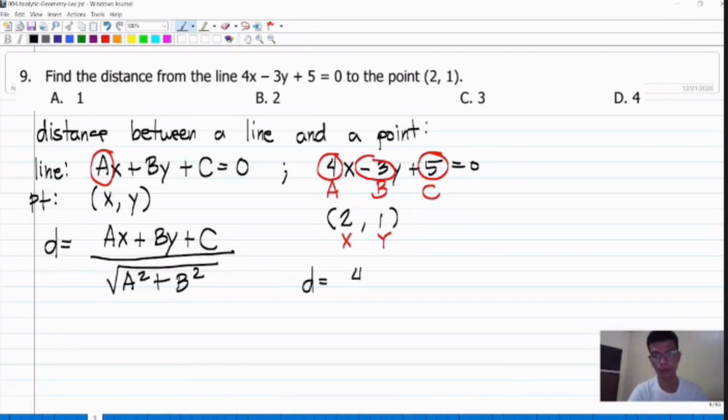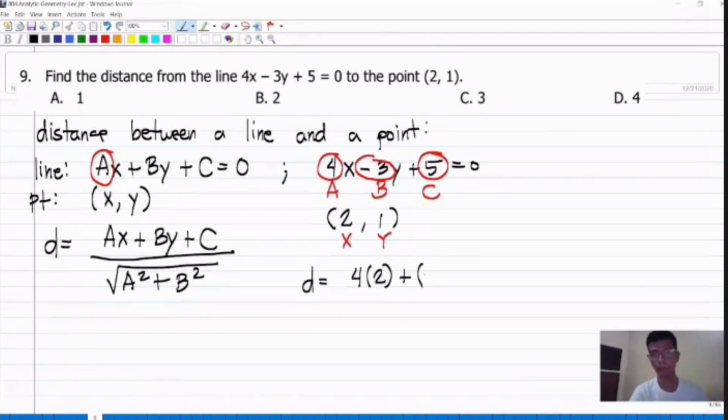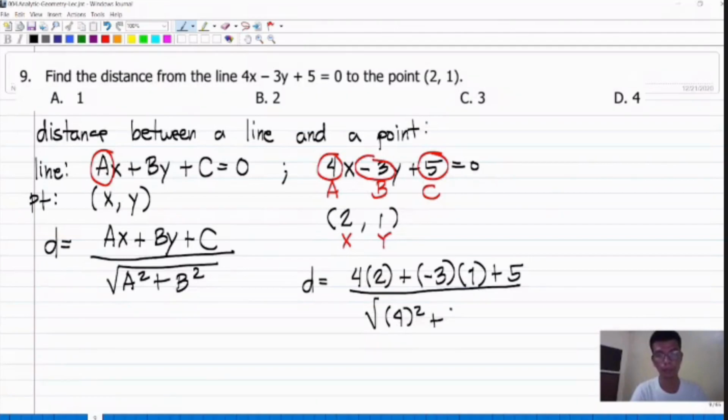Yung value ng A is 4, the value of x is 2. Plus, the value of B is negative 3 and the value of y is 1. And the value of C is 5. Divided by the square root of A square, that will be 4 raised to 2, plus B square, and that is negative 3 raised to 2